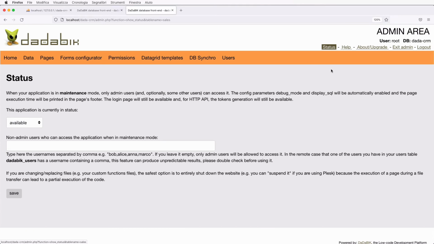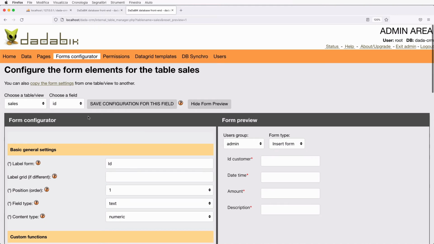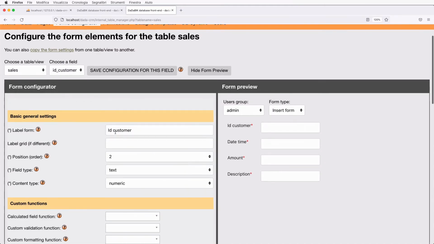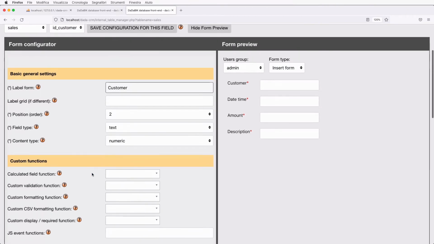So from here, from status, you can put the application in maintenance mode. Otherwise, at least for a very short period of time, some users, in our case salespeople, will have permission they shouldn't have. So form configurator, sales ID is fine, ID customer, maybe the label should be just customer, and that's